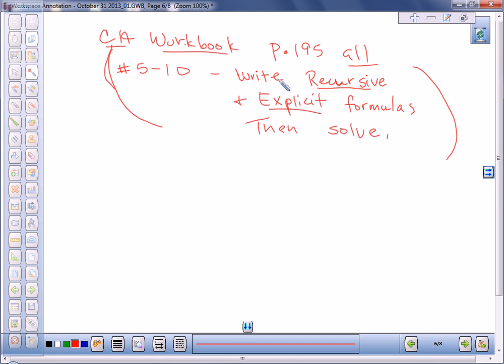I'm confused between explicit and recursive. Well, look at your notes and you'll be unconfused. But I thought that we were doing a